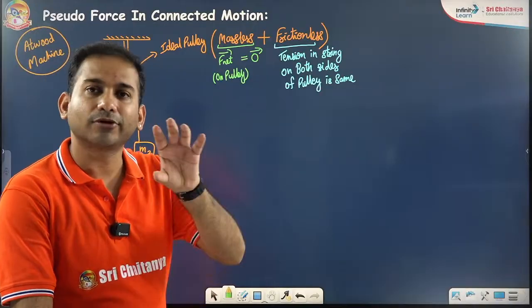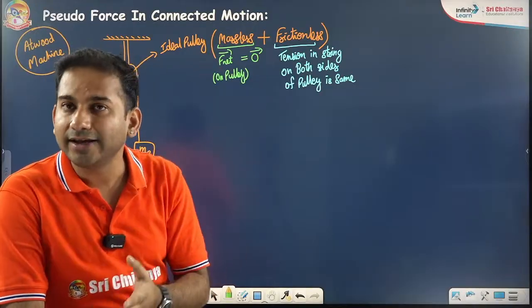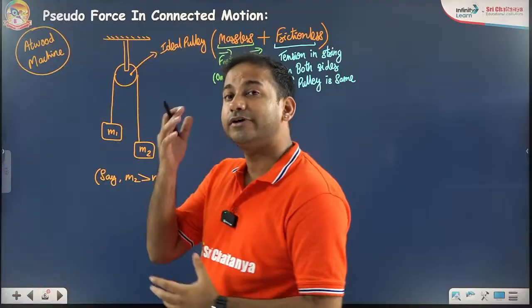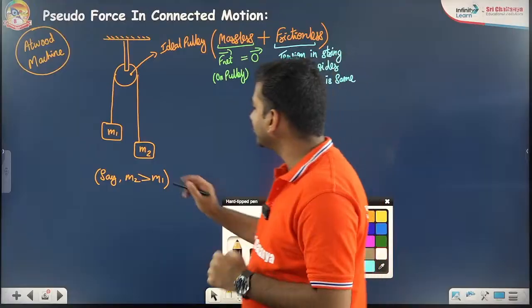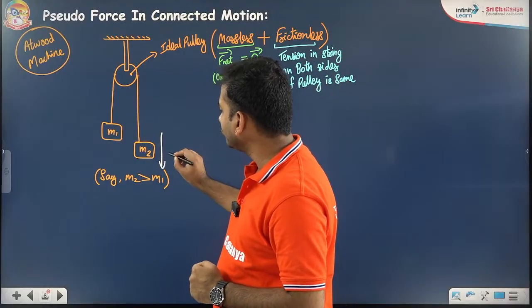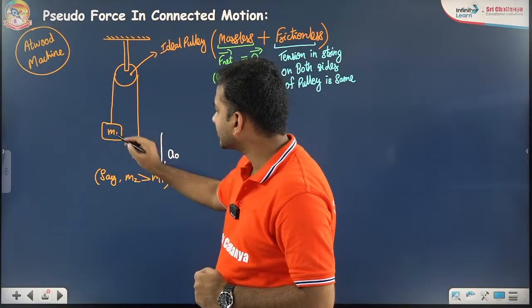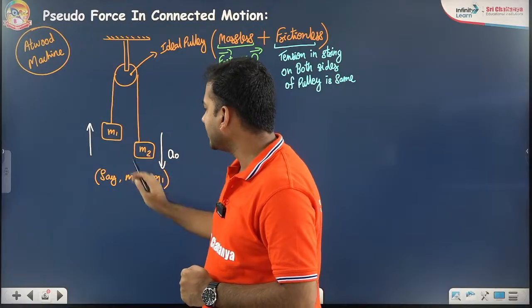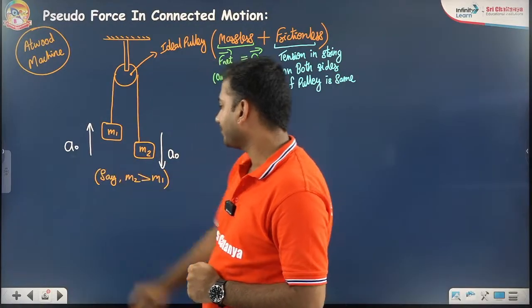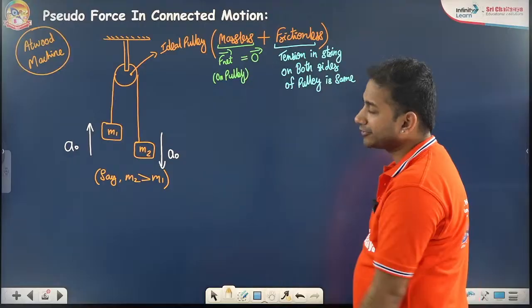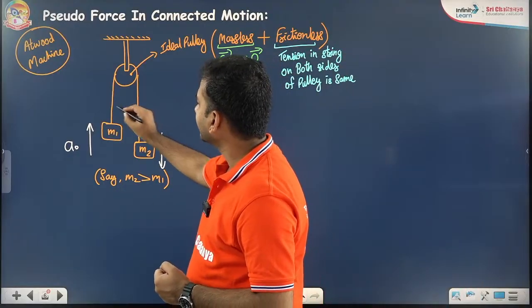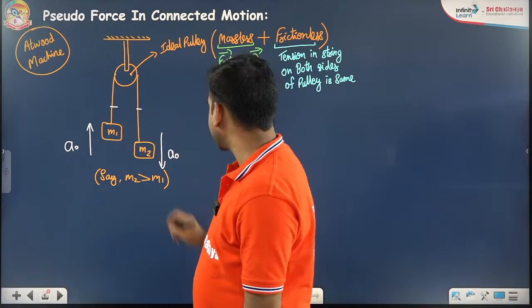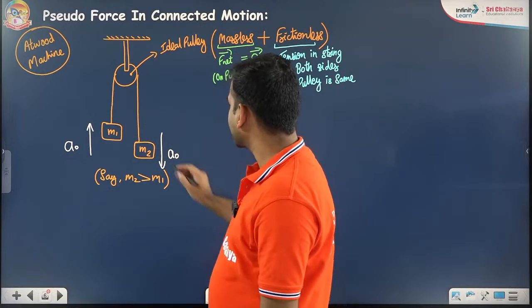to take 0. Means for an ideal pulley or for a massless pulley, net upward and net downward force must be same. Now, if I consider these things and you look into the diagram, you will realize M2 will be accelerating down with, suppose, A0, then M1 being lighter will be accelerated up. M2 being heavier is accelerated down, M1 being lighter is accelerated up. And here I say that suppose the tension is T0. So the tension on this block,